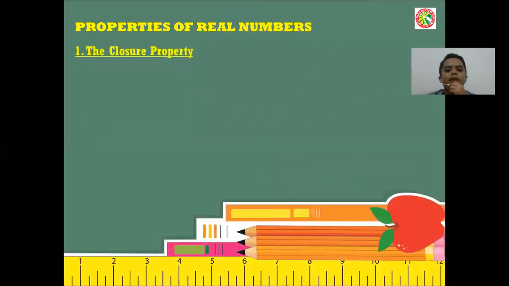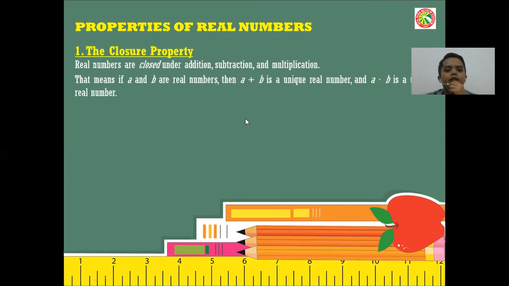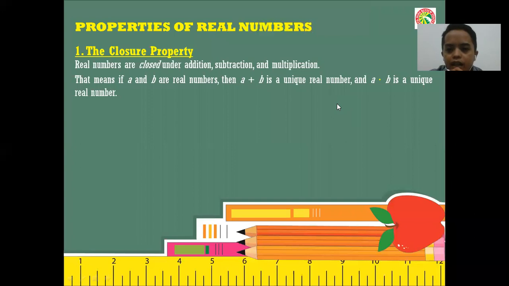The first property is the closure property. The property says that real numbers are closed under addition, subtraction, and multiplication. That means if A and B are real numbers, then A plus B is a unique real number and A times B is a unique real number. For example,